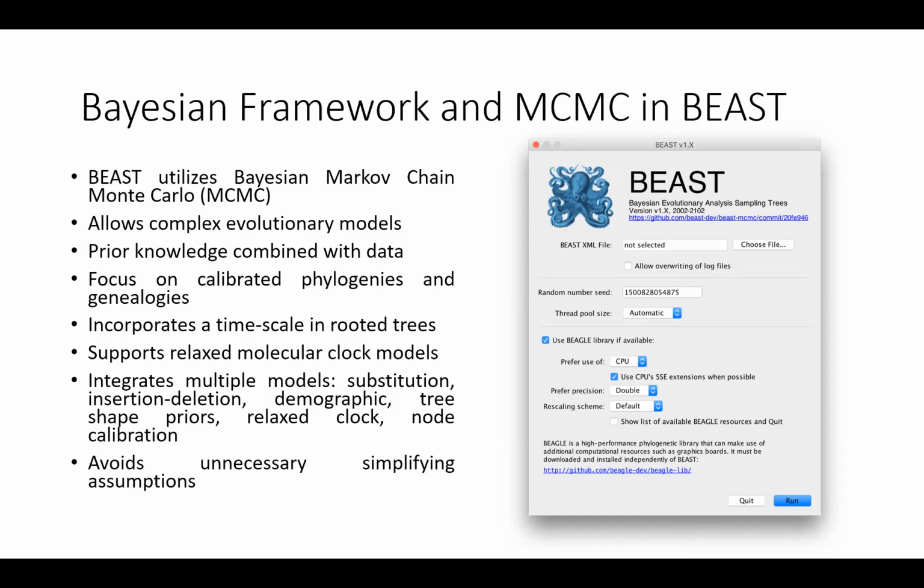This integration allows for construction of complex evolutionary models from simpler components, providing a more nuanced and detailed analysis of molecular sequences. By avoiding unnecessary simplifying assumptions, BEAST can offer a more accurate and comprehensive understanding of evolutionary process.